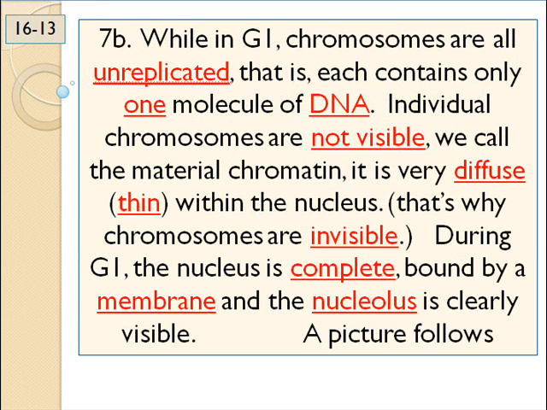Now, you only have 46 chromosomes in G1. That's what you came out of mitosis with. They stay there, but you can't see them. They're like long strings of fishing line all balled up. You see a ball of stuff and wonder how many little segments there are. You can't count them. If I gave you 6-pound fishing line cut into 3-inch segments and put them all together, you couldn't count them until there are 100 of them, unless you pull them out one at a time. And in a way, as the body thickens them, you say, oh, there's one right here.